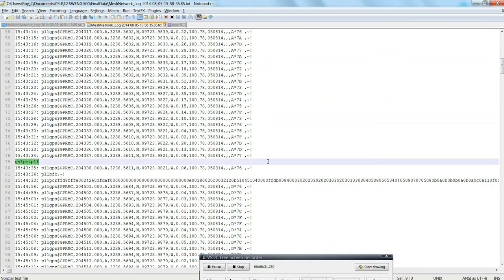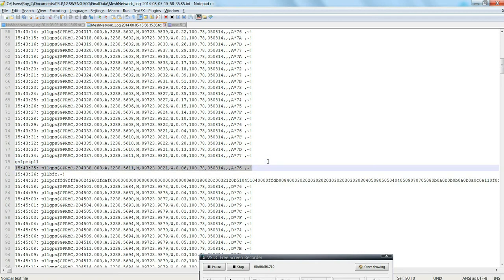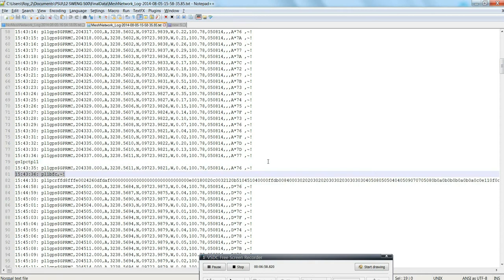Then we get to here, GS1 PCT PL1. So if we think back to what I said earlier about our packet definition, first 3 bytes are where it came from, ground station 1, PCT. Next 3 bytes are the command, picture take. And in this case, we want to say who should be taking the picture, PL1. So this packet was sent from the ground station, GS1, to the airplane, PL1, and it told it, hey, take a picture. So the airplane received the command, parsed it, and told the ground station, hey, this is plane 1,